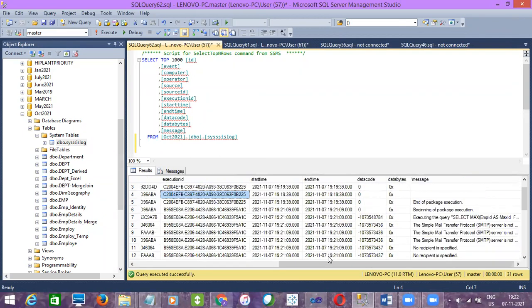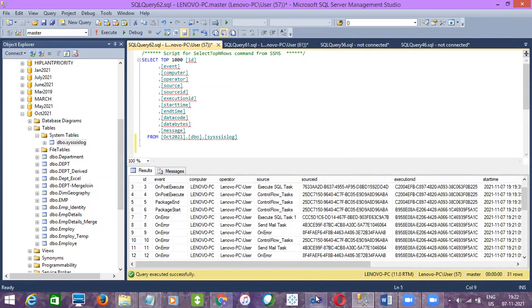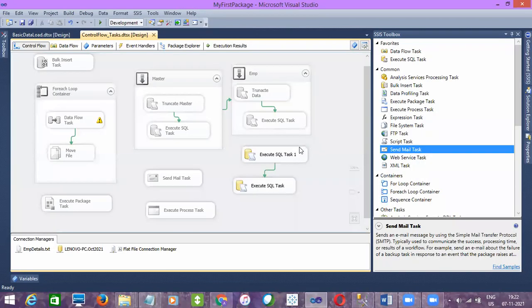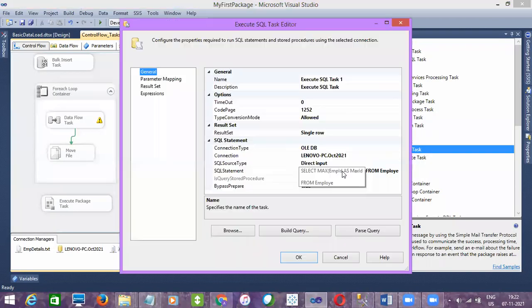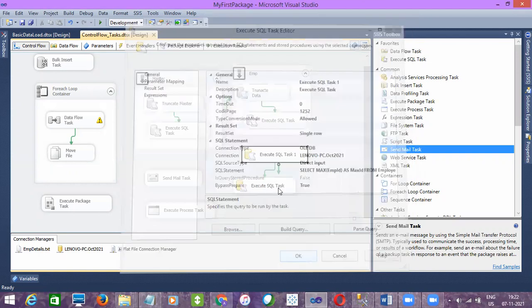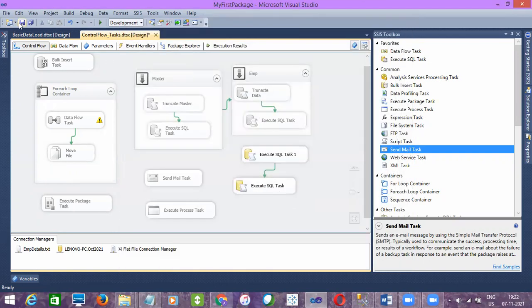So if you want to track errors, how to handle errors in SSIS? You can say by using logging we can track the errors, or is there any other way, guys? How can we track the error messages? Can we use event handlers as well? If any error occurs, we can run an alternative method, either sending out an email or executing something else. So either by event handlers or by the logging mechanism, we can track or handle the errors in SSIS. Clear?